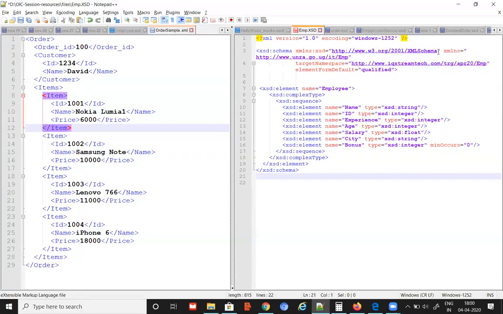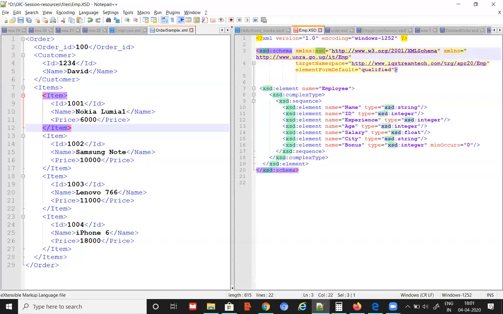All the definitions of your XSD, like data types, like string, what is the meaning of element, what is the meaning of sequence, what is the meaning of complex type, all these things are defined in one target namespace. That is the standard target namespace, which is like a library. That I am referring to with this. This is a value you cannot change, because I'm not defining it, I'm referring to an existing target namespace. The target namespace is defined with this name. So I'm referring to that in this XML document.